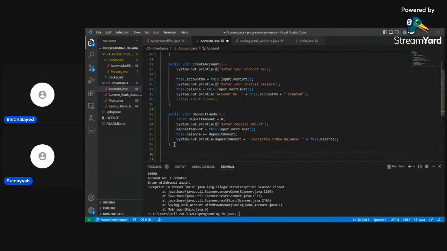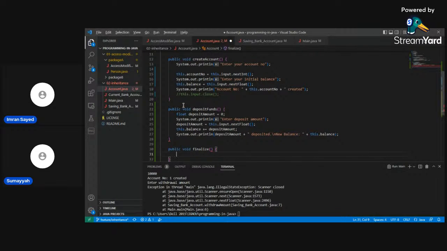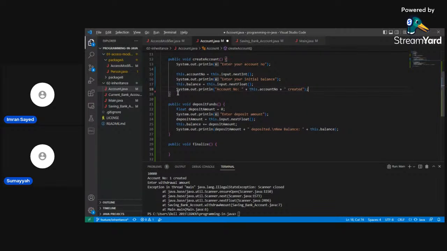Let's try that. Let's try finalize. Let me check. Finalize method in Java. Yeah, finalize. Correct.